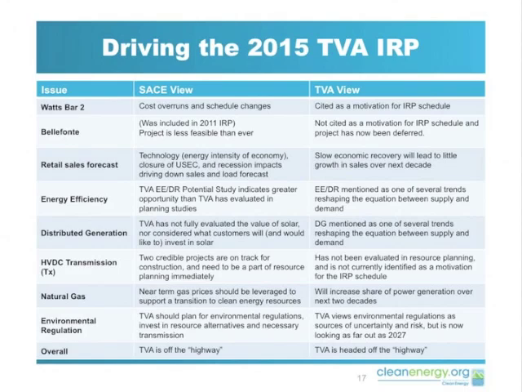Let me point out the HVDC transmission thing here. That's something we're working on. There's 2 projects on track to bring electricity into the TVA territory. That's going to play a fairly big factor in the upcoming IRP process, so we want to keep an eye on that. And generally, this last item, TVA has used the analogy of being on the highway. They like to say they're on a 6-lane highway, and they try to keep to the middle, but the way the world has turned out, they're sort of off to the side. We would say they're actually kind of off the highway and really need to make some changes to get back on.